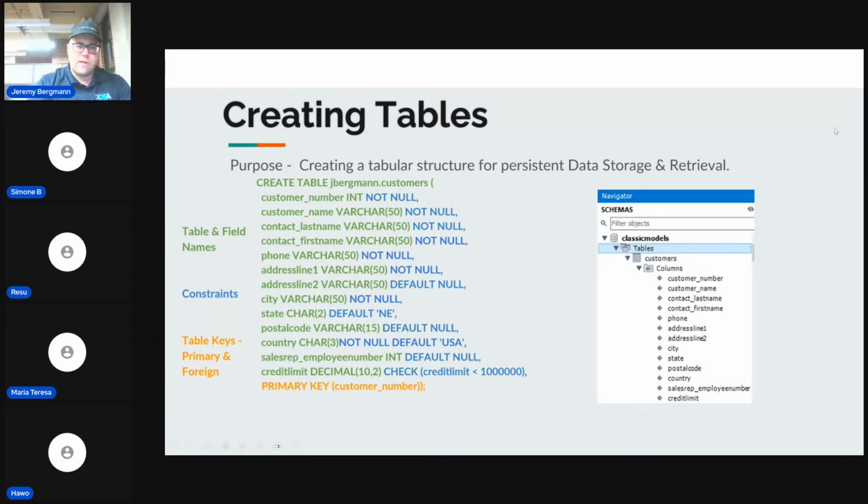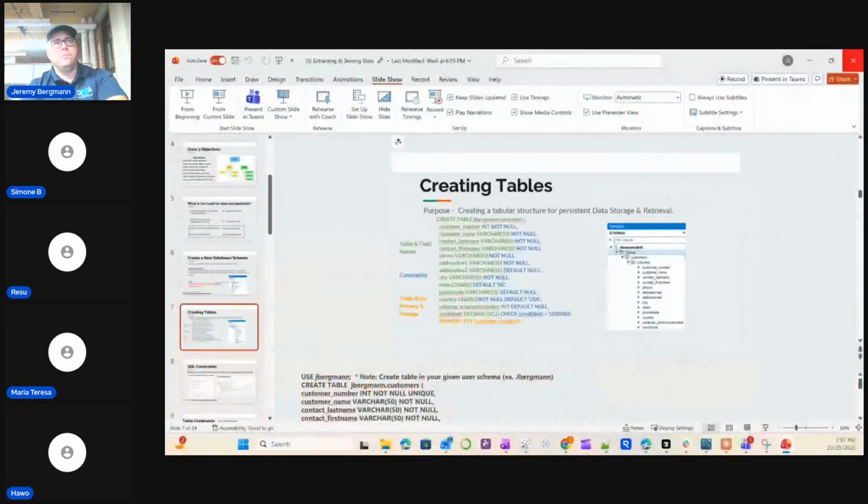So second you want to define some type of primary key, and then third you want to be able to